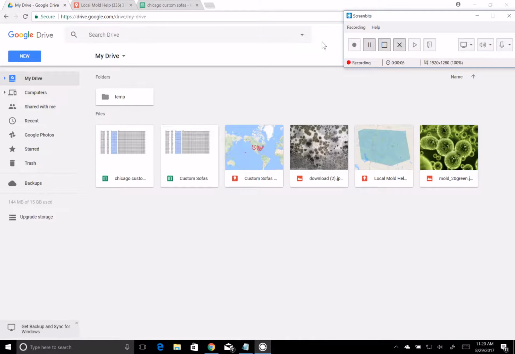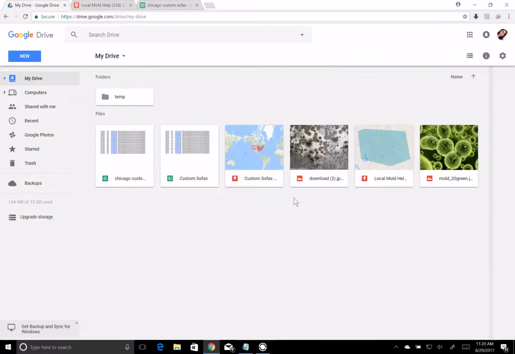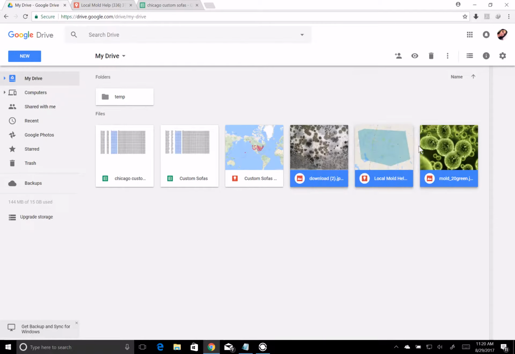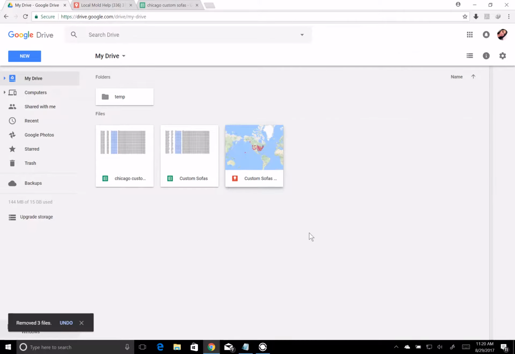In this little video, I'm going to create a map importing a CSV file. So first, I'll get rid of this mold stuff that I used for the other quick video. So those are gone. Okay. So to create this map,